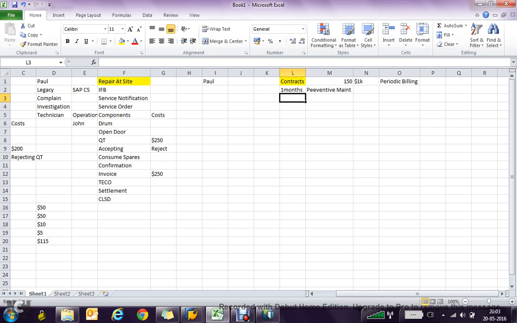So in SAP terminology, what will happen is you will create a contract document, and the contract document will be invoiced with the help of periodic billing. It might be quarterly, half-yearly, as we discussed earlier. So from the contract, we will create a maintenance plan,